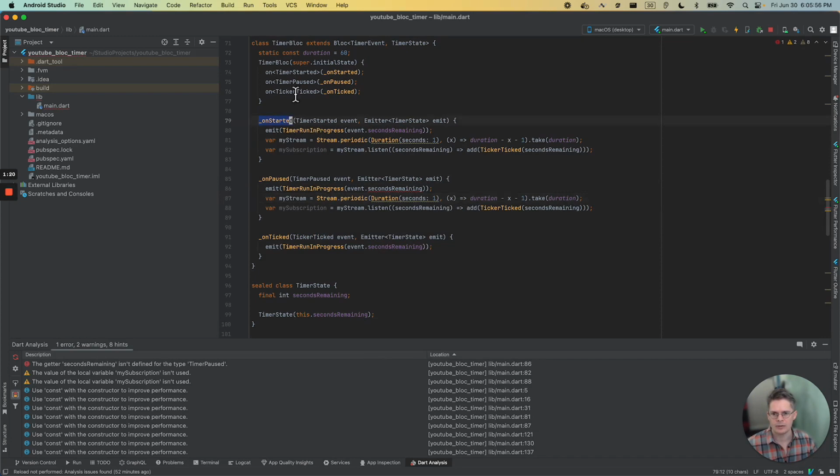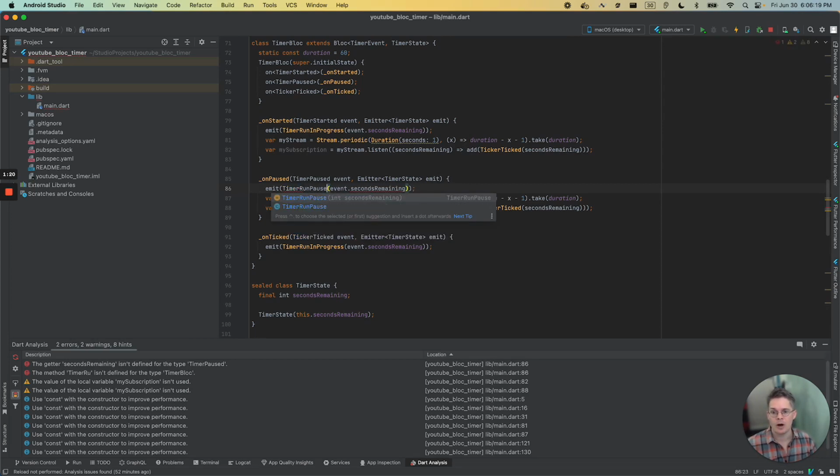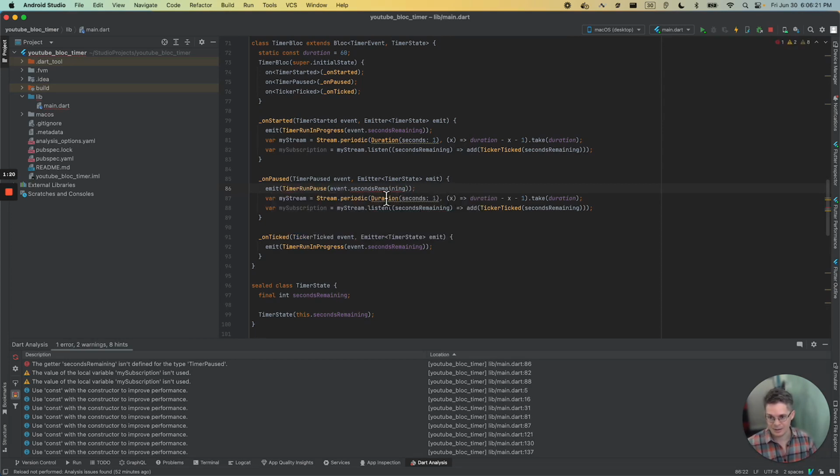Right, because you see how timer started, on started, the event type is timer started. Timer paused, on paused, timer paused. Okay, this remains the same though, because the state, I guess we want to reference the parent class for some reason. Okay, so we're going to do, remember, timer run pause. That's the state that we're emitting, the new state. It doesn't take